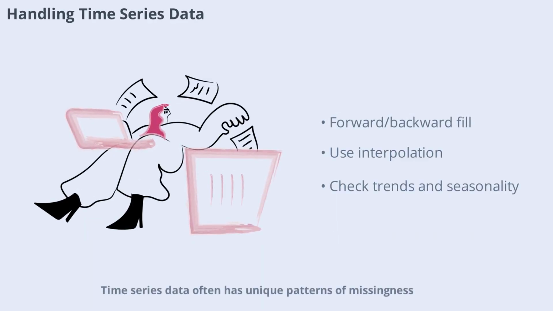Time series data often has unique patterns of missingness, such as gaps in measurements over time. Methods like forward fill, backward fill, or interpolation can help fill these gaps. It's important to choose a method that makes sense for your data and to check how imputation affects trends and